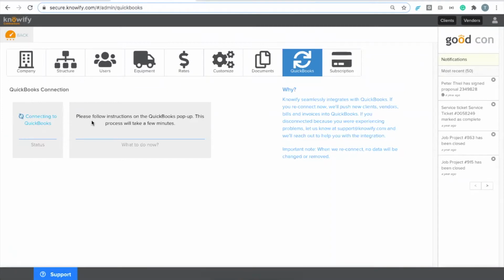So let's just say this was a blank Knowify account, which, of course, in this case isn't true. But what we would do is go to your QuickBooks and pull in all of your clients, vendors, your products and services, your chart of accounts, your tax rates, your payment terms, all of the basic information in QuickBooks that needs to be in Knowify so you can start managing all of your projects and making sure that it's